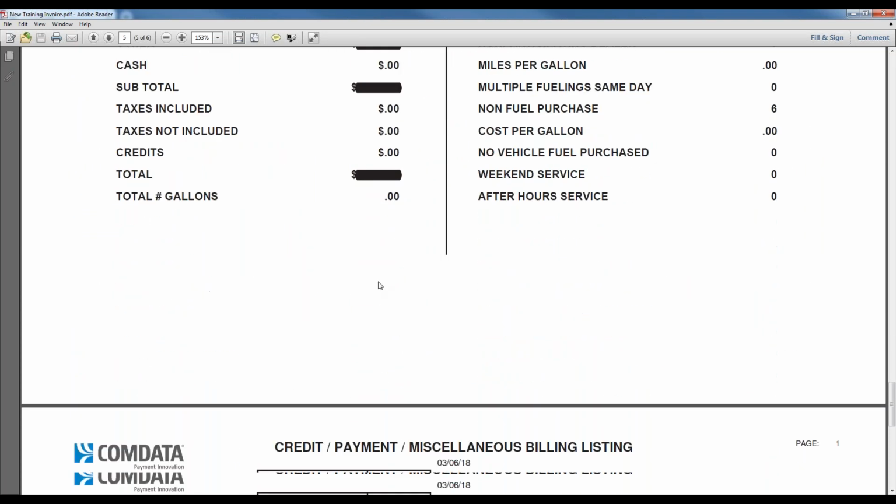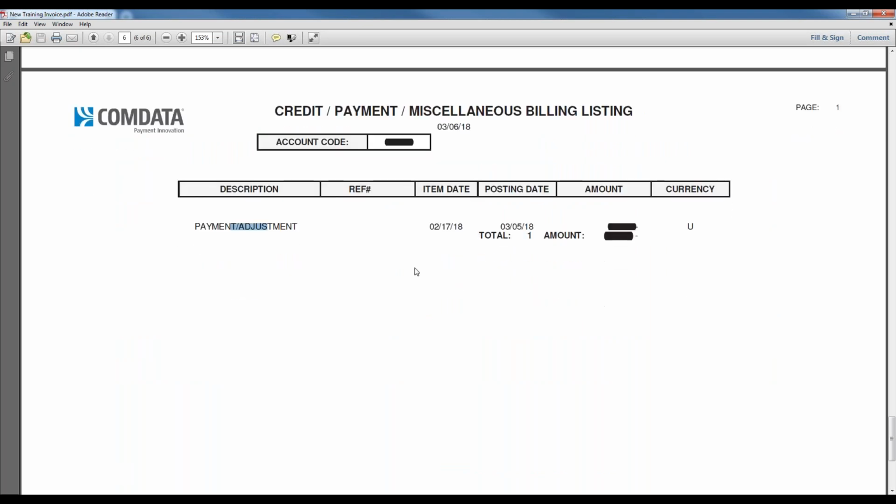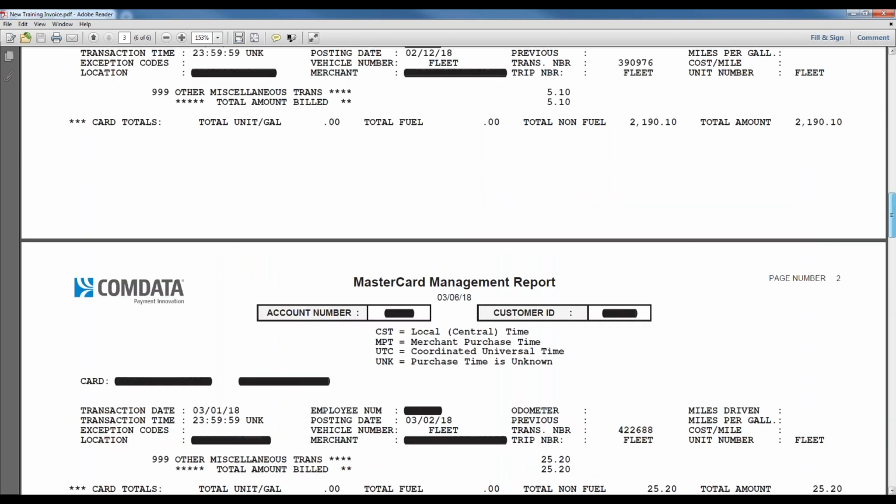And then on the very last portion here, you would see the credit payment miscellaneous billing information. So here you could see their previous payment and adjustment. And then if you had any sort of miscellaneous expenses beyond just some typical card transactions, whether it was expediting cards, if for any reason Comdata applied a credit to your account, or of course, worst case scenario, if there's any late fees, they would also be broken up down here, as well as be visible at the very top